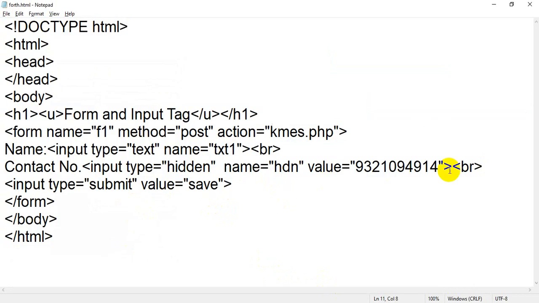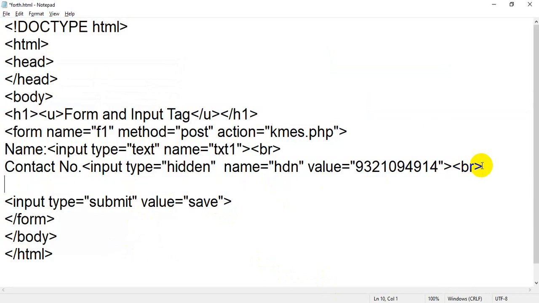After that, I am going to add one more text box, select color. Remember, in IT the spelling of color is COLOR. So I will take input type equal to color.